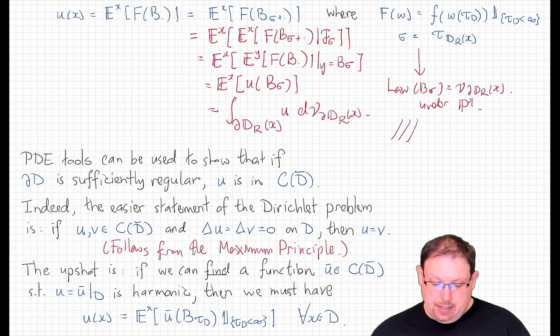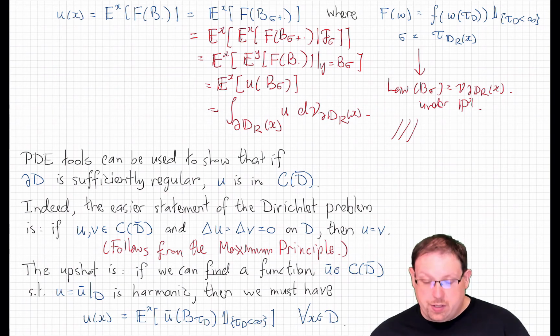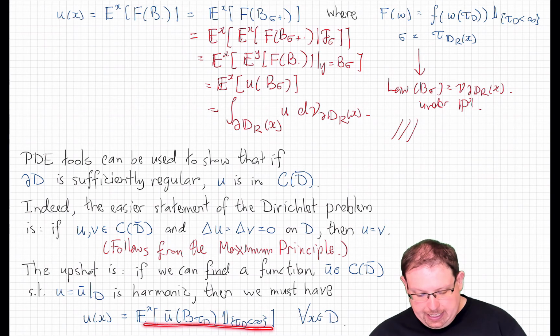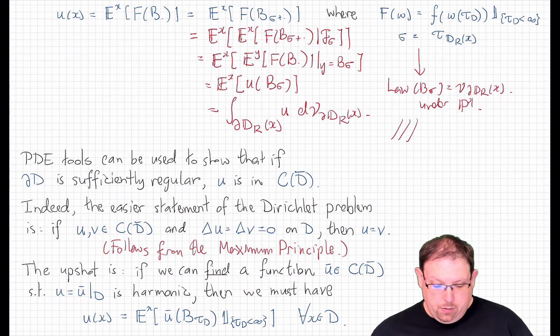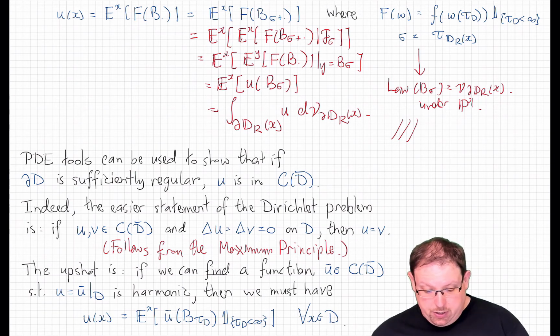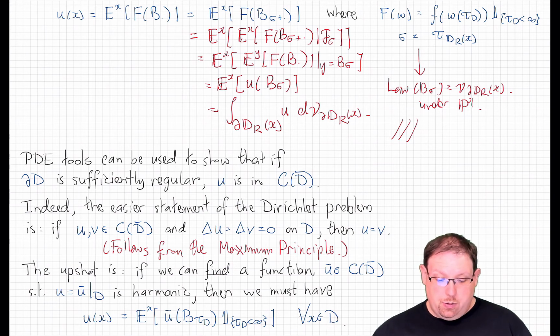The upshot of all this is that if we can find a function that I'll call u bar, which is continuous on the closure of our open set, and whose restriction to the interior is harmonic, then because its values on the boundary are a measurable function, f being u bar on the boundary, the theorem we just proved is that in that case, the function in the interior is exactly given by this path integral against Brownian motion. And we're going to be able to use that for some particular regions D that are sufficiently nice in order to derive useful information about this exit time for Brownian motion in dimensions 2 and higher.